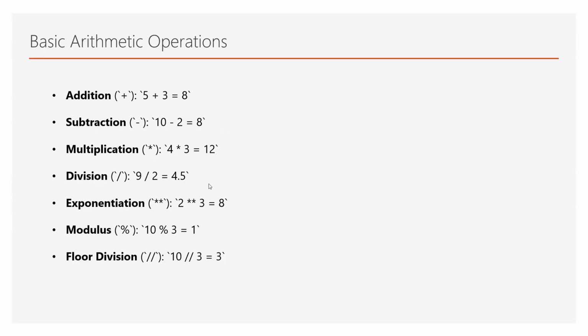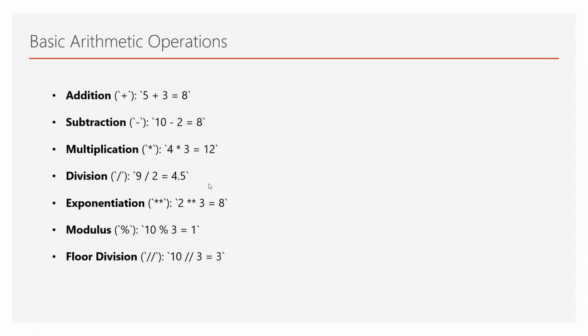Now, let us understand some basic arithmetic operations, including some standard mathematical functions. First you can see addition. You can add two numbers. Second is subtraction, like a bigger number minus a smaller number. Then comes multiplication. As you can see, 4 into 3, that is 12. Then division. You divide a number by some number and then the value sometimes comes in decimals. Then there is something called exponential, like 2 to the power 3. So 2 into 2 into 2, that is 8.